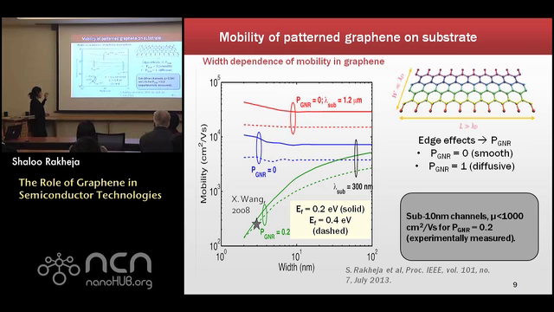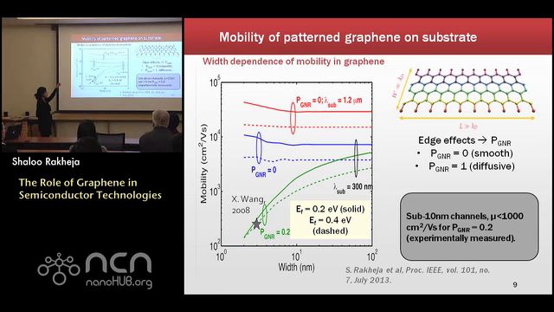So this is a plot that shows mobility versus width in a GNR, or a graphene nanoribbon. Don't worry, it's a very busy plot, but I'll walk through all of the different sets of traces. If you look at the topmost two traces, they correspond to graphene being deposited on an extremely good substrate that does not introduce any additional scattering effects, and also there are no edge scattering effects, and you can clearly see that the mobility is in excess of 10,000 centimeters squared per volt-second, which is very good.